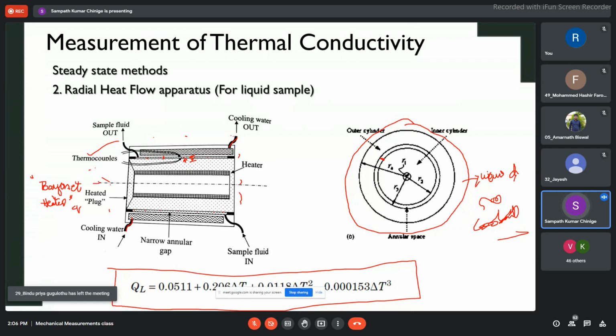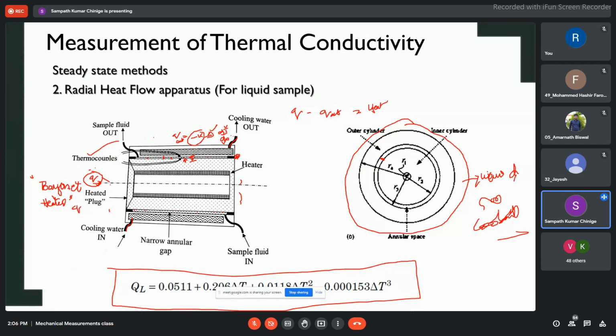This is the Q that we are giving. This is the initial input we are giving, and finally what is being transferred is Q equivalent to minus K A dT by dx. You know the gap dx, you know the temperature variation here dT, you know the surface area A, and you also know K, because air thermal conductivity at different temperatures is well documented. So first you will find out the actual Q. So what is the heat loss? Q minus Q actual will be your heat loss.